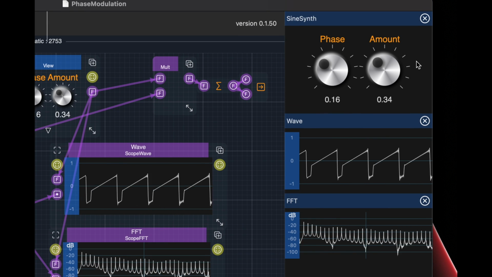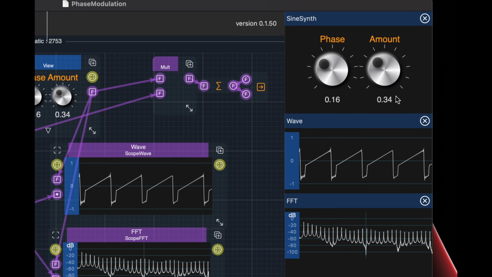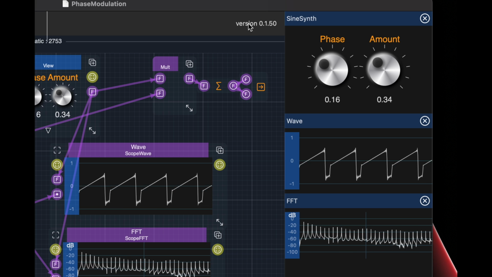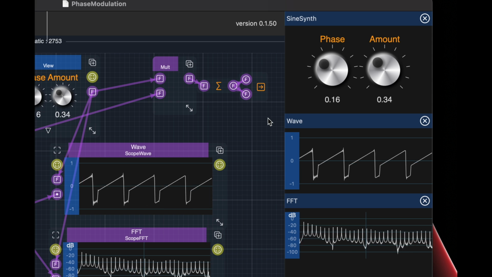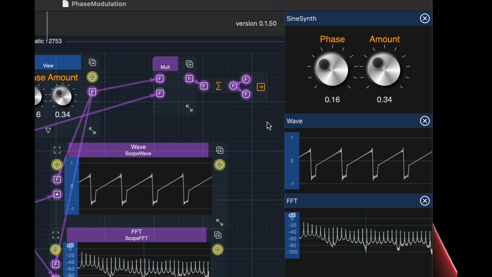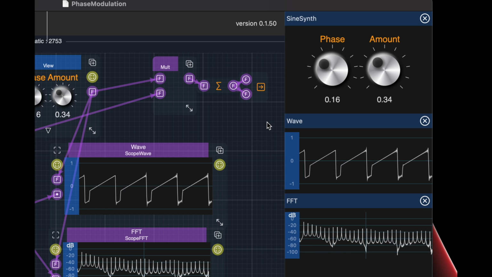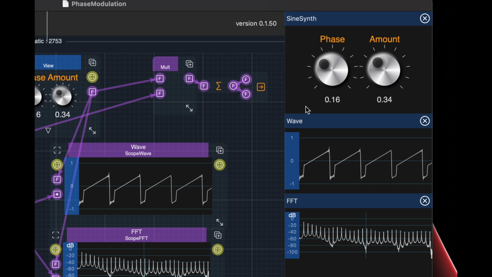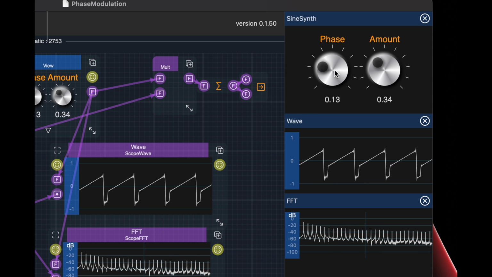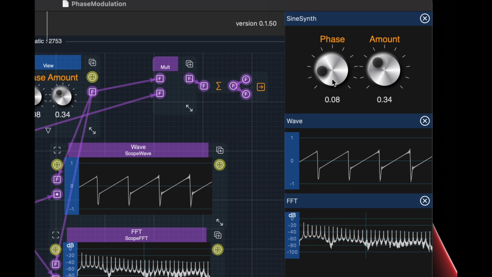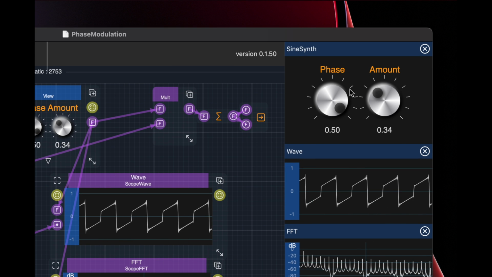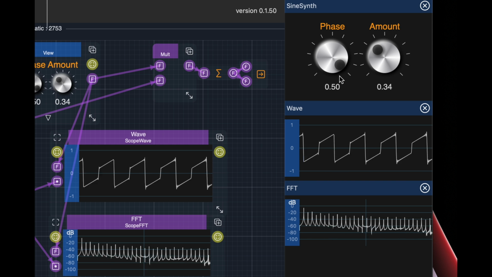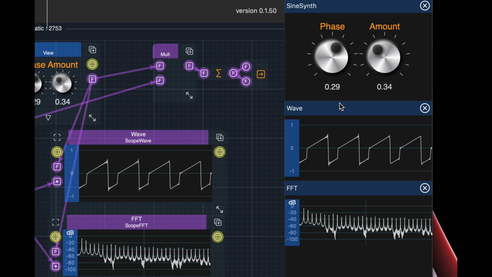This is how you would do phase modulation with SynthMaker. This is version 0.1.50, and here's an example which I will start from scratch and explain on the way. But we have a knob that controls phase that goes from 0.01 to 0.5, where 0.5 is 180 degrees, and